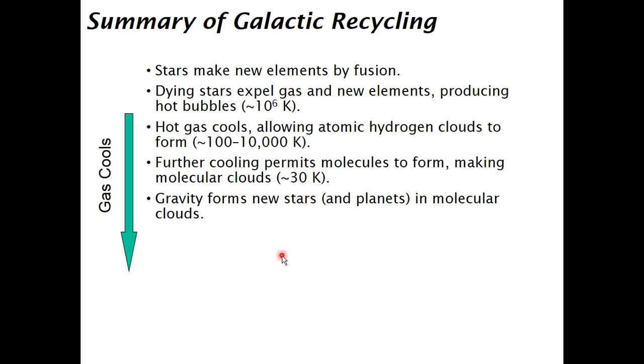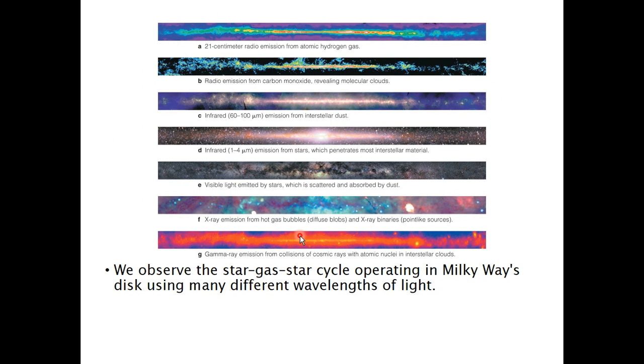All right, so here's a summary of it. The bubbles of gas will be at something like 1,000,000 Kelvin. As it cools, the atomic hydrogen will be from 100 to 10,000 Kelvin. And in the molecular clouds we've discussed before, it's 10 to 30 Kelvin, and then the stars reform. And you can see this in lots of emissions coming from different